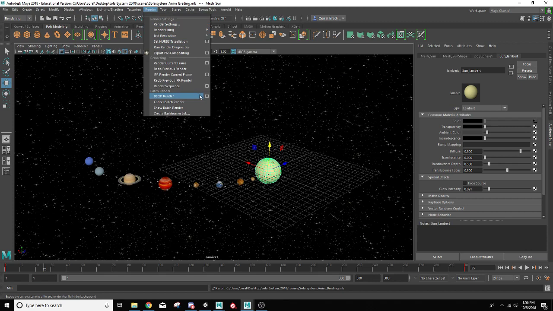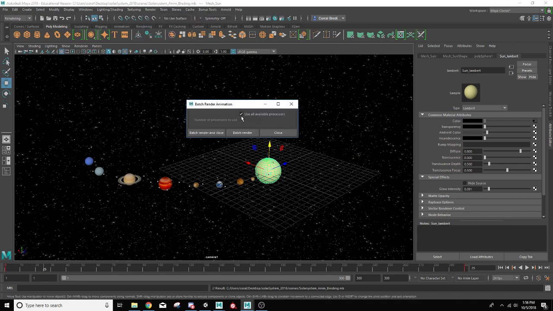Okay. So if you're working on a home PC, you can select how many processors you want to use, or you can use all your processors and it will render with whatever it has available. If you are working on multiple things at the same time, and you also want to be doing some 3D modeling or working in some other program, I would say split your processors in half. That way you're not totally choking your computer down. But if you're planning on just batch rendering and going off doing something else, then you just hit OK,